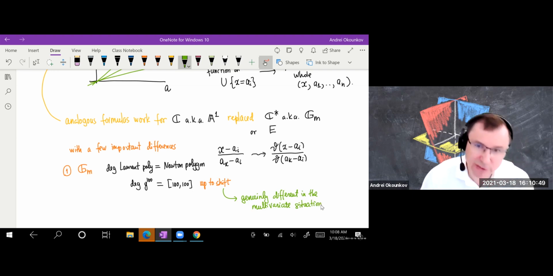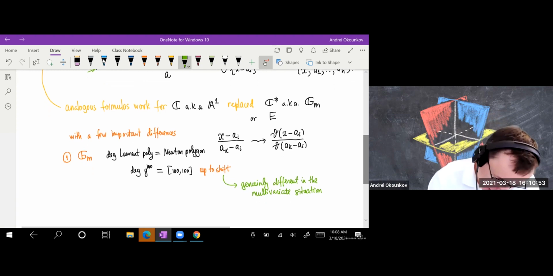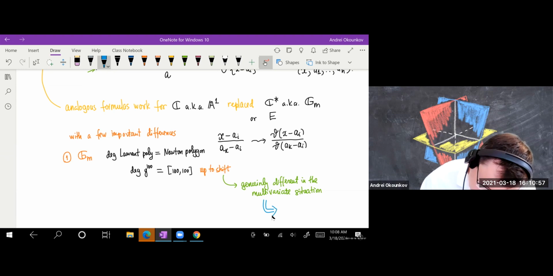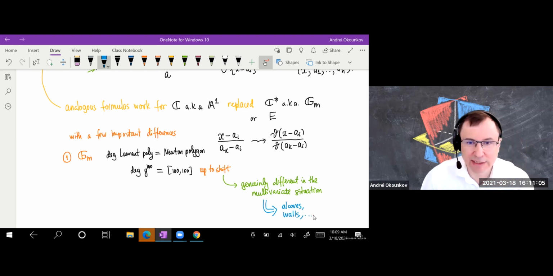And this phenomenon, as basic as it may seem, actually relates to deep things in math. It relates to all this combinatorics of alcoves, walls, etc. That's very prominent in representation theory. In representation theory, another example, there is always this combinatorics of some kind of walls, and then some